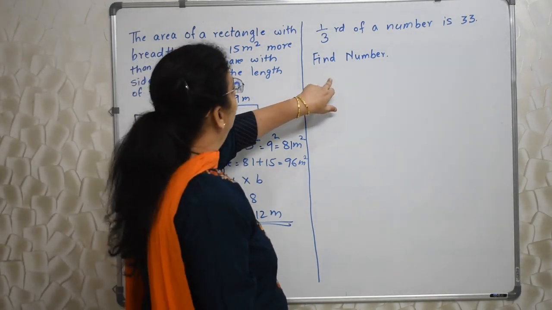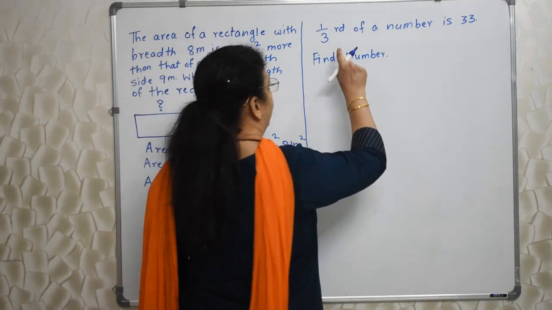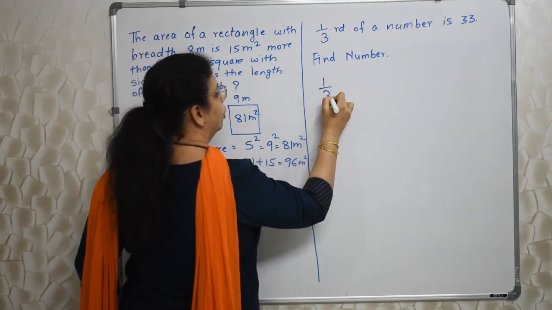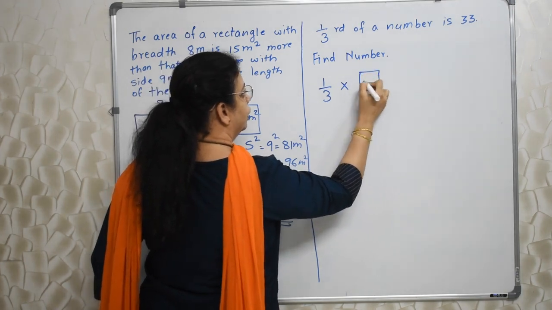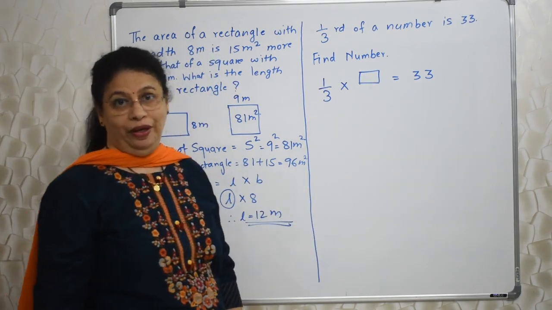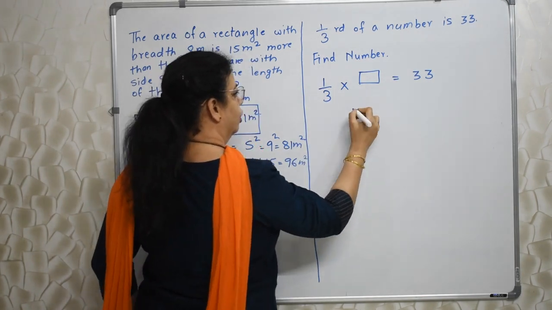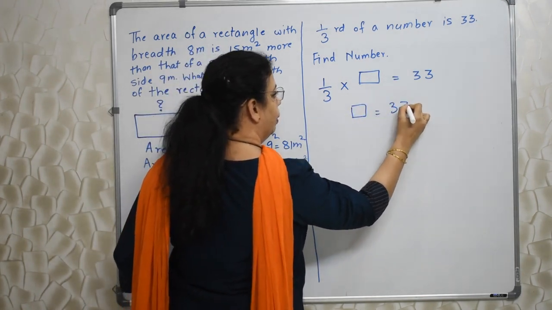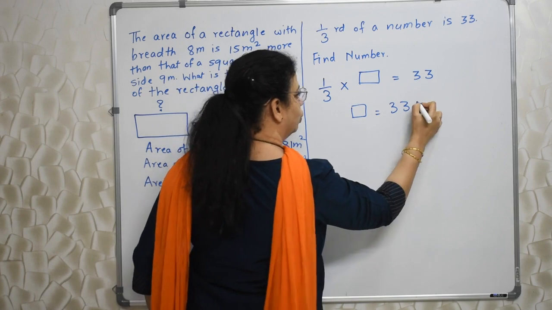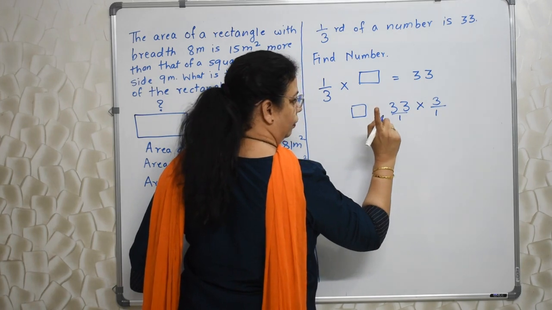Let's go ahead. 1/3 of a number is 33. Find the number. See, whatever is given in English, we need to translate that mathematically. 1/3 of a number is 33. So we have to find out its value. So I am going to leave that alone. So this 1/3 will go there as 3/1. Box will remain here. 33 is already there. 1/3. This 3 is down, so it will go up. 1 is up, so it will go down. So it will be in short 3/1. When nothing is there, it is always upon 1, which we don't write.